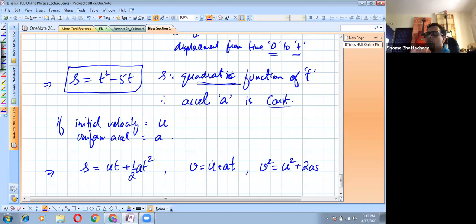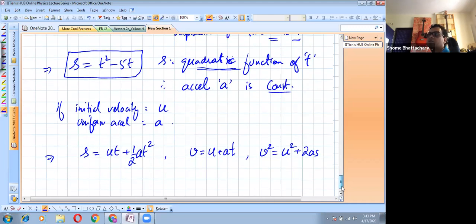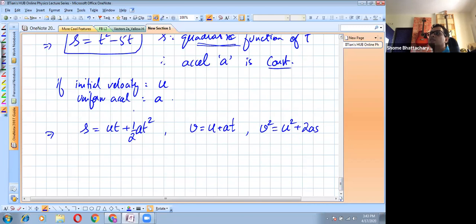So using that kind of knowledge that I have, that whenever acceleration is constant, the displacement is this type of function. It's got a t square term and it's got a t term. So you can compare with this. This equation has got a t square term, it's got a t term. So that means the acceleration is constant. Okay, so that is the connection we are making. So now comparing this equation with this. Okay, so comparing with the given equation,